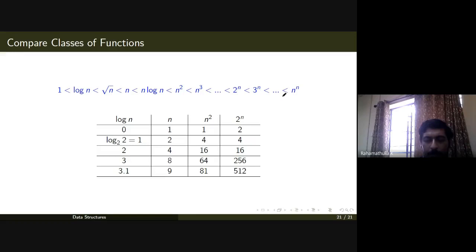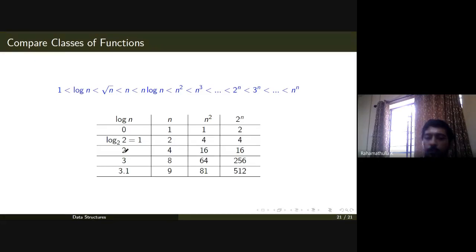Let's see a sample trace of this as well. Let's take only some of the complexities: log n, then linear, then the quadratic complexity, and one entry from the exponential complexity. So when n equals 1, log n is 0, n square is also 1, and 2 raised to n is 2 raised to 1, equal to 2. When n equals 2, the input size is 2, then log 2 to the base 2, assuming the base is 2, is 1. N square is 4, and 2 raised to n is also 4.